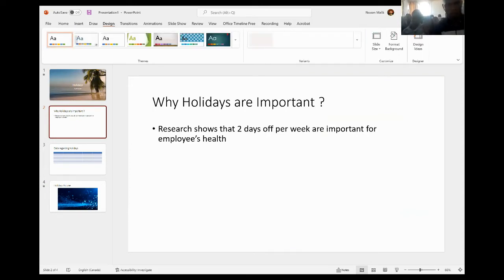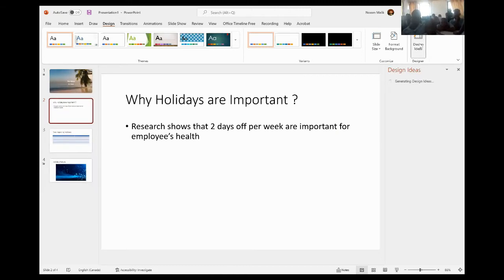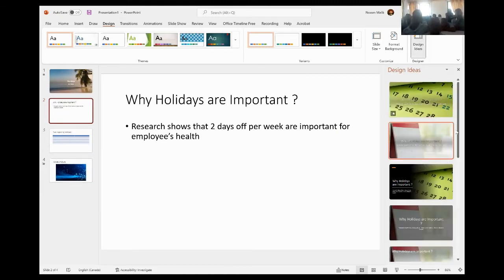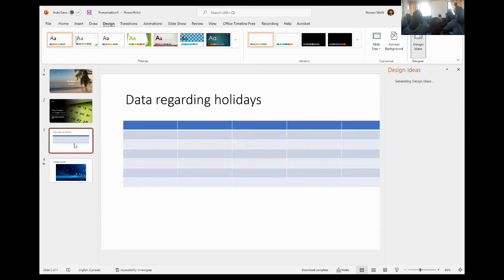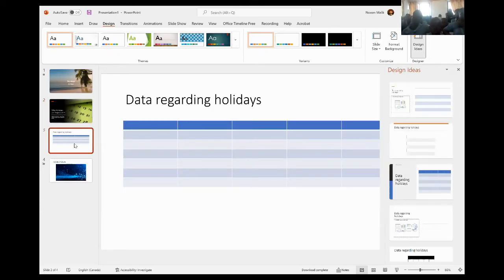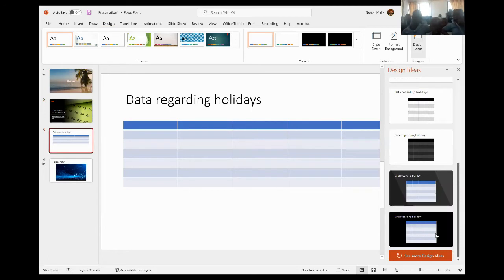In the Design tab, on your right hand side, it says Design Ideas. I think we did it last time actually. So there are so many design ideas. Let's choose this one. I like this one more. Let's have a design idea for this one too. Let's see which ideas it has.